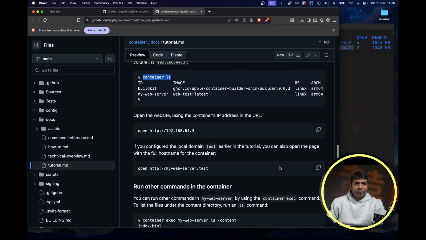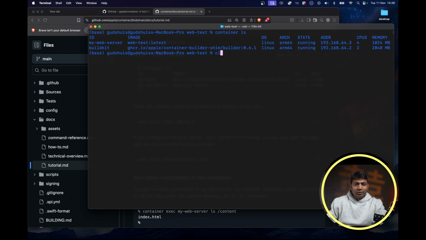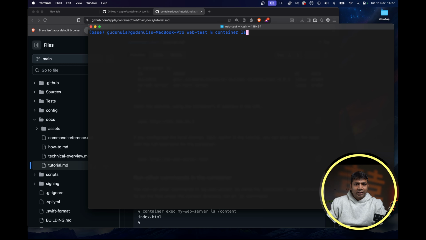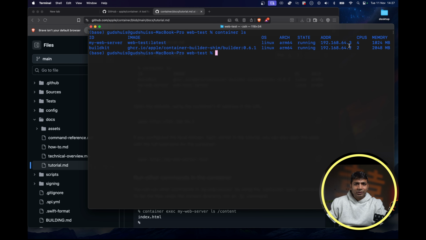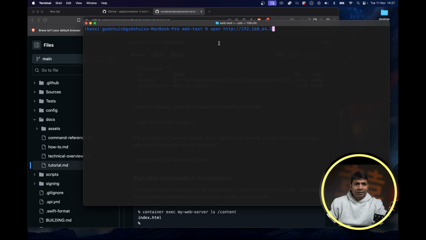We are opening the website using the container IP address. I'm going to quickly check the IP address by typing the container ls command, and this will give me some information about the container IP address as well. So it matches the container IP address, which is 192.168.64.3. So I'm going to copy it and paste it here in the terminal, and there should be